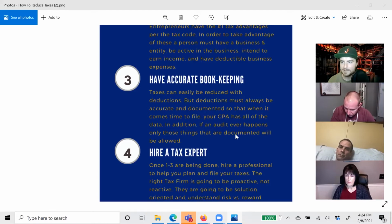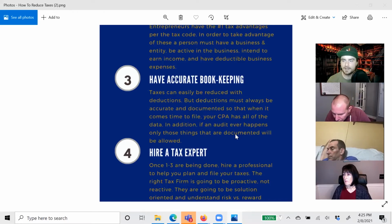Now, the second thing here, and this is for those of us that are maybe a little bit aggressive and we like to do our taxes ourselves, technically anything is deductible until the IRS calls our bluff, right? I can write off technically anything and get away with it till the IRS checks. It's like speeding, right? Nobody knows that I'm speeding until a cop sees me and they pull me over and they tell me how fast I was going. So in the tax world, if I'm not tracking my documents and having my bookkeeping done and my accounting done, if I were to ever get audited, the IRS is only going to let me keep those expenses that I've deducted that are actually tracked,